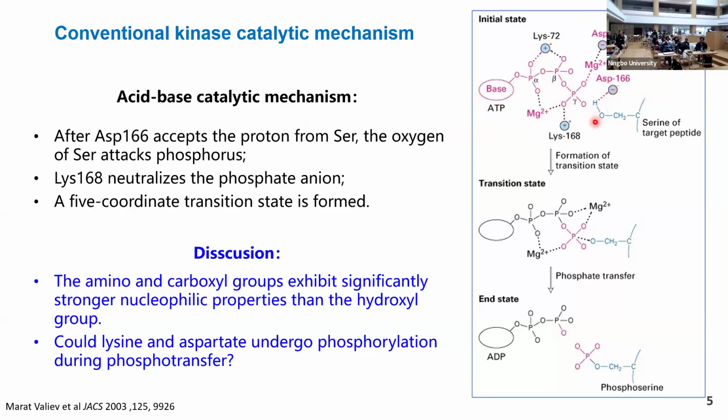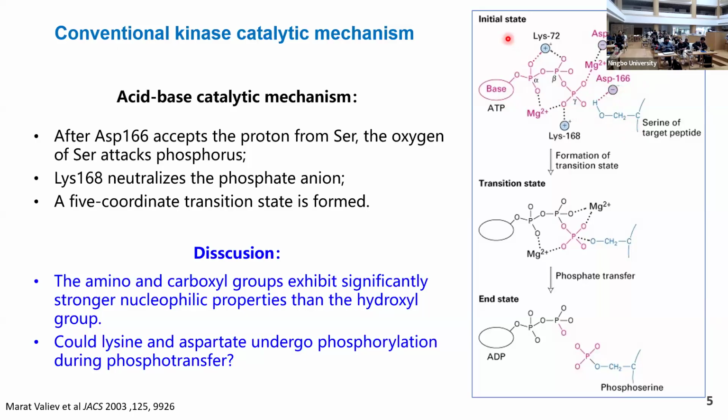So people will say, okay, the aspartate will act as a base, from here, this one, aspartate 1066. It will deprotonate the hydroxyl group, then it becomes a nucleophile, okay? And then it will attack the gamma phosphate of the ATP and transfer it. So people always call it a ping-pong mechanism, just to put it on and accept.